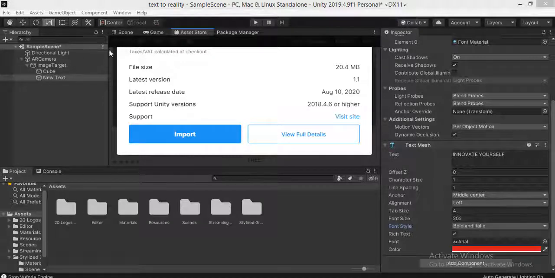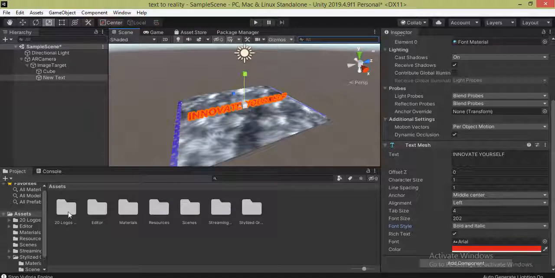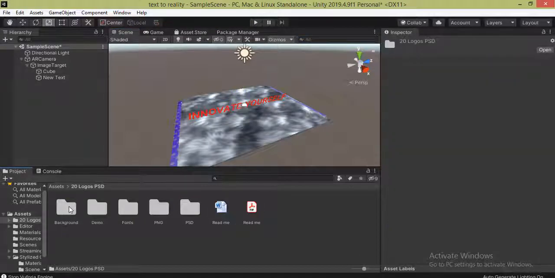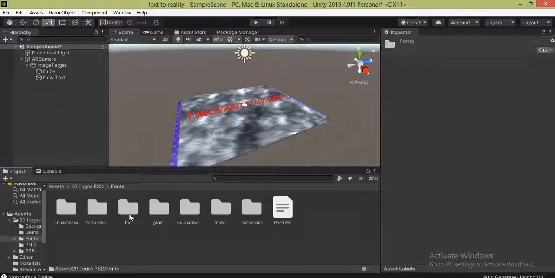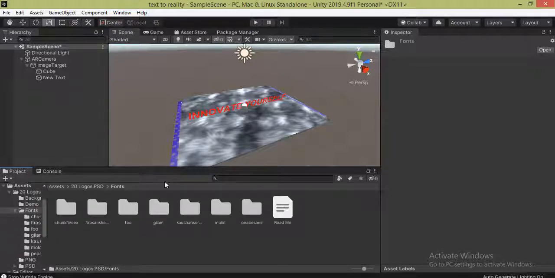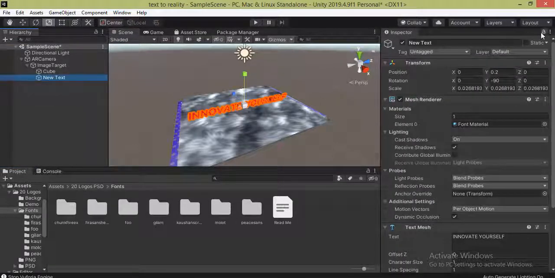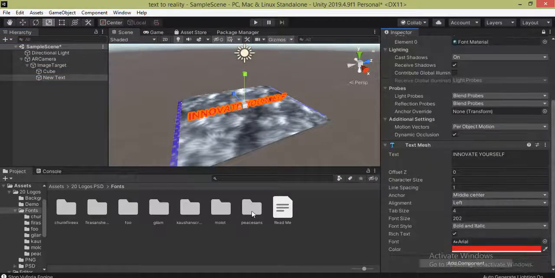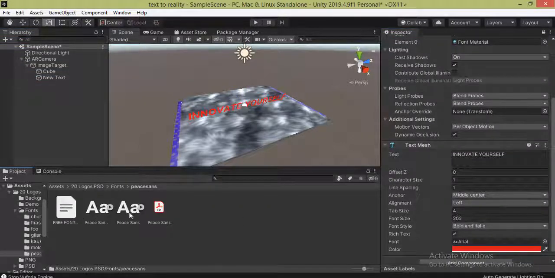Again I just click on this scene. After that I just click on this font folder option, and inside this there is an option of font. So I just click on this font and there are a number of options for a font. So if you click, you will see there is this kind of font. Now what I'm going to do, I just click on this new text, lock its property, and after that click over it. You will see there are two types of fonts available. So I just click on this font and drag it into the text. Now you'll see that my font size has changed here.